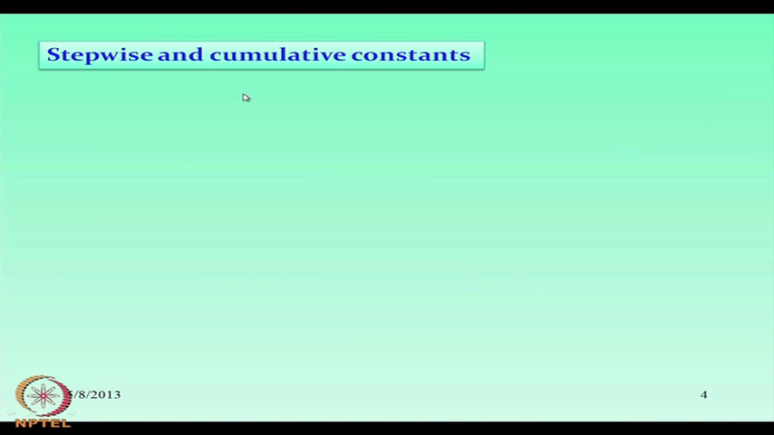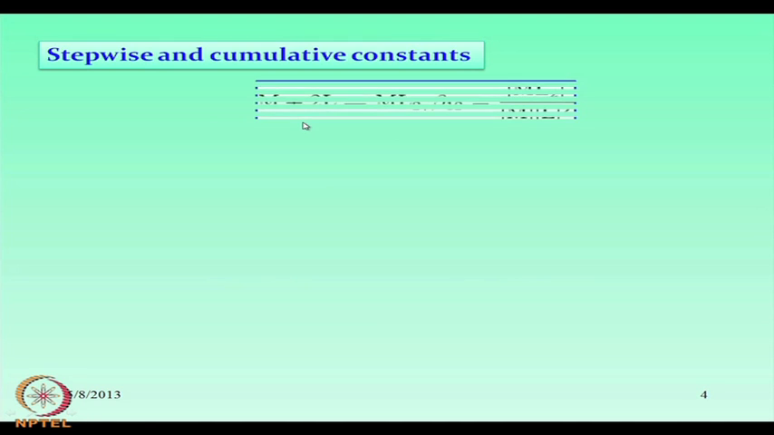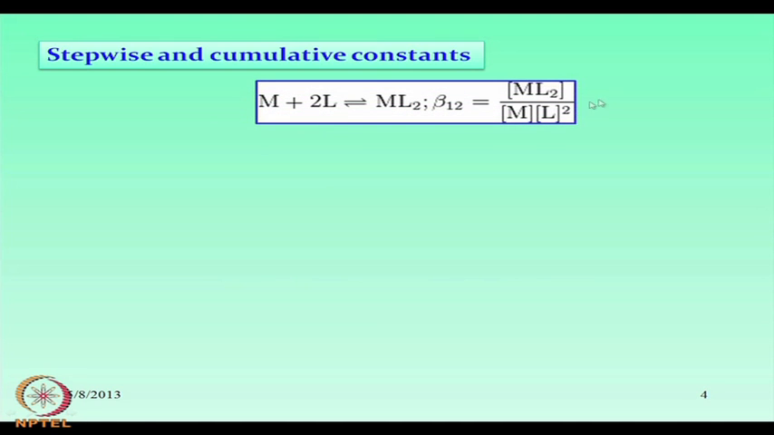So, in that particular case we will find that both stepwise and cumulative constants are functioning, when we can add more than one L to the metal ion. That means we can go from M plus L to M plus 2L. So, M plus 2L can give rise to ML2, where we get the beta 1 step and the beta 1 2 step, that means both the steps are operating, and we have the corresponding cumulative constant which is beta